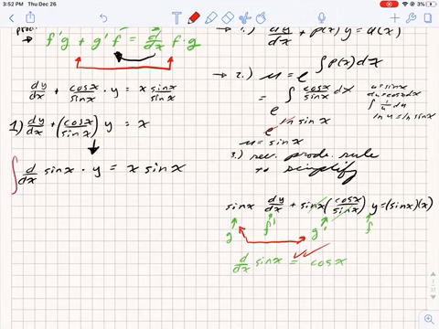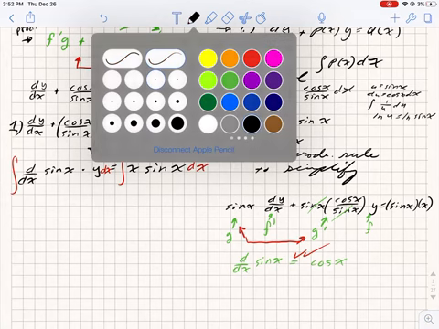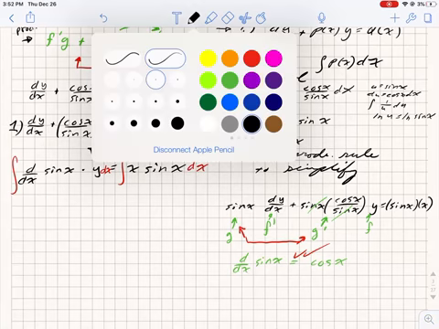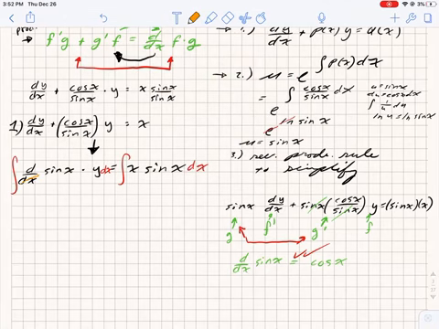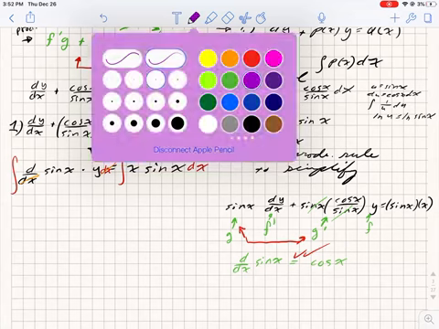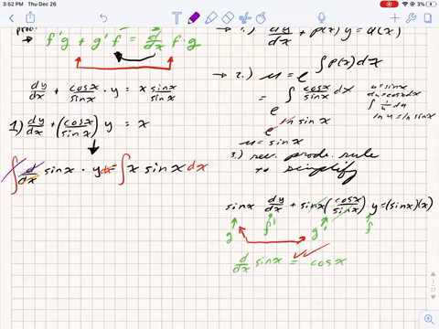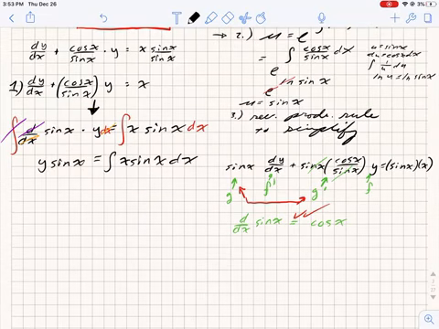Now if we integrate both sides with respect to x, this will cancel with this dx. This will cancel with the differential operator, and we're just left with y sine x is equal to the integral of x sine x dx. Now if you use the tabular method,